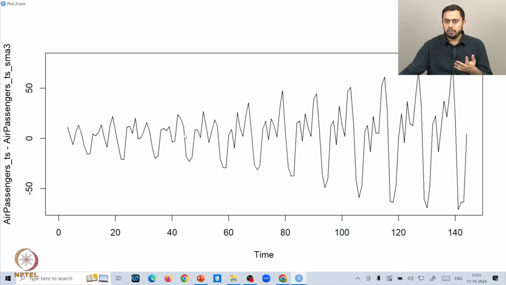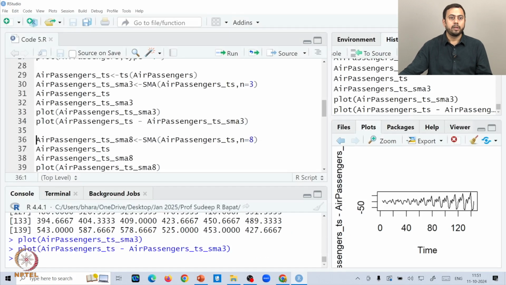But there might be some problem here because you see some periodicity. So you have peaks and troughs which are kind of repetitive, and then down the line you can clearly see that there is a changing variance problem also. As you go down the line, the variance in the underlying residuals is also increasing, right? So these are some observations that the experimenter can make by simply plotting the residuals, or nothing but y minus the y hat values, okay.